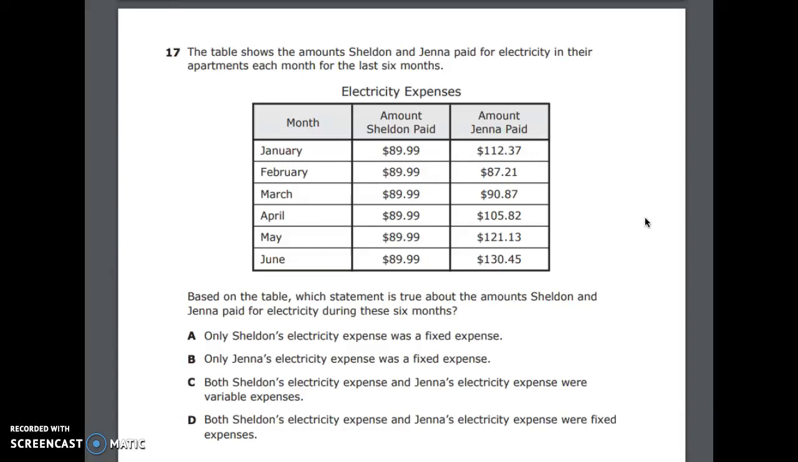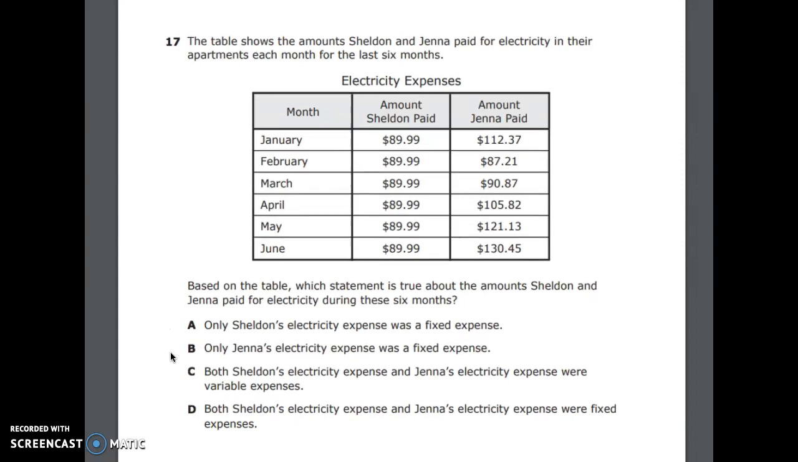Number 17. The table shows the amounts Sheldon and Jenna paid for electricity in their apartments each month for the last 6 months. Electricity expenses. Month. Amount Sheldon paid, amount Jenna paid. Based on the table, which statement is true about the amounts Sheldon and Jenna paid for electricity during these 6